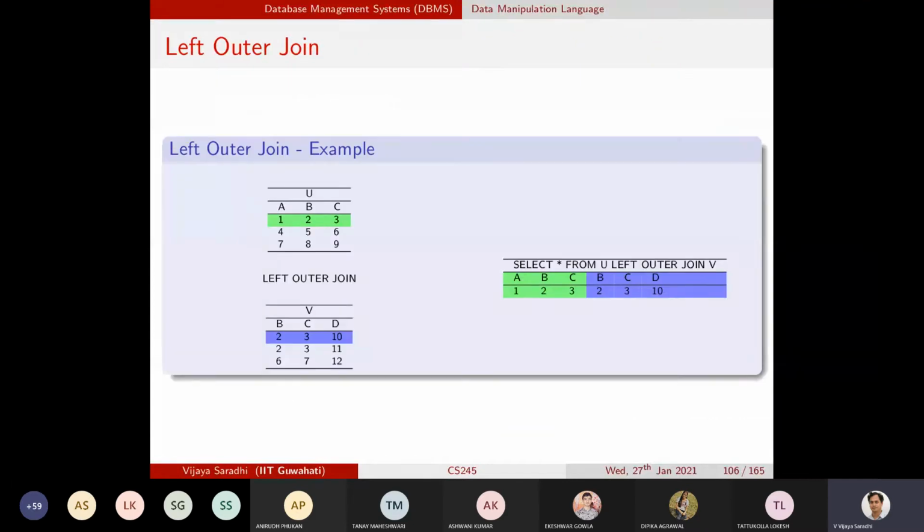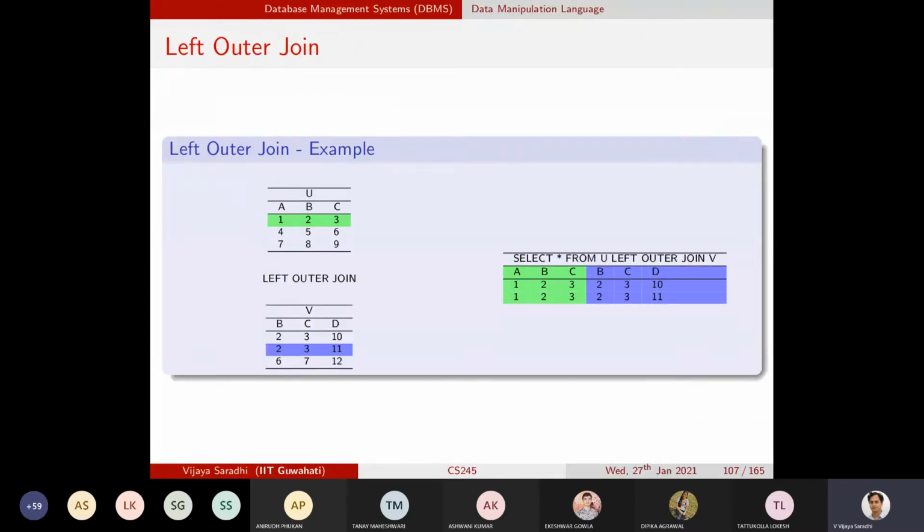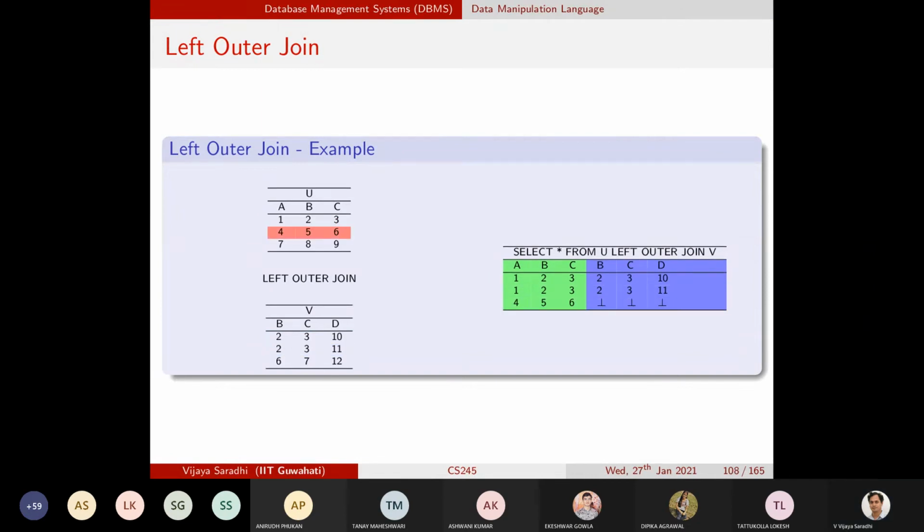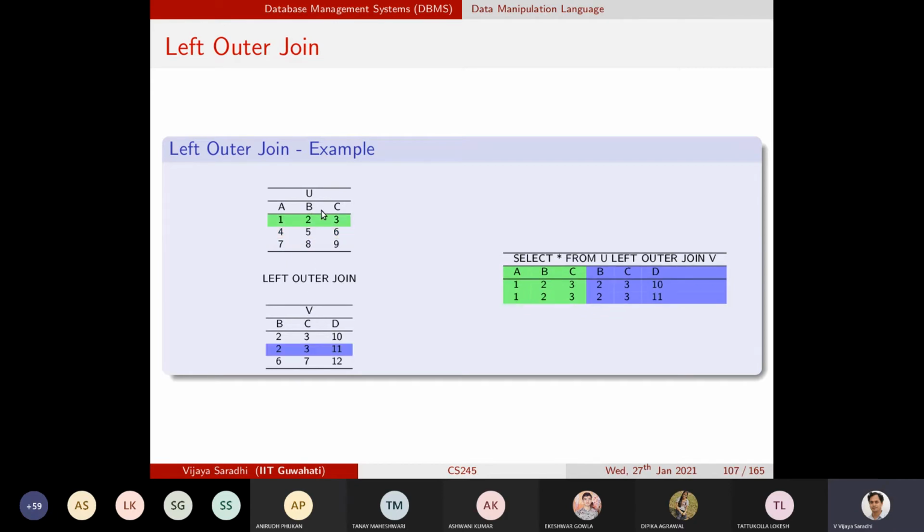Okay. So we'll go through the same example, one more example. Values. Now you look at table U and table V, which have 2 common columns.